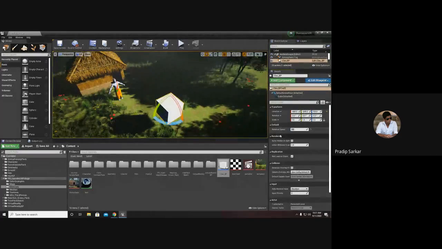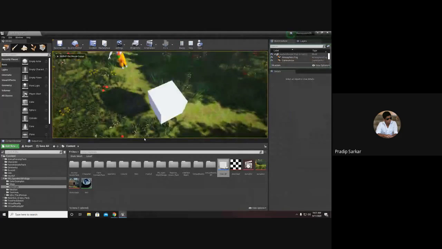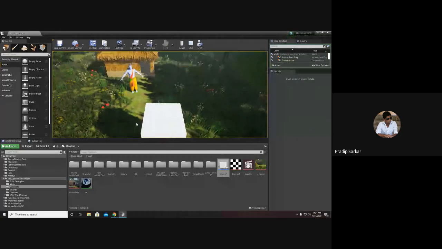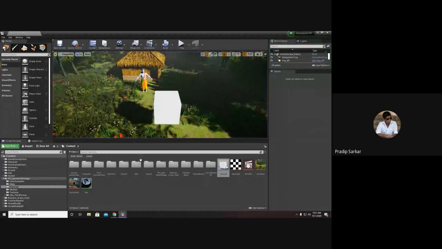If I set it to 0.2 and play, it will rotate slowly.